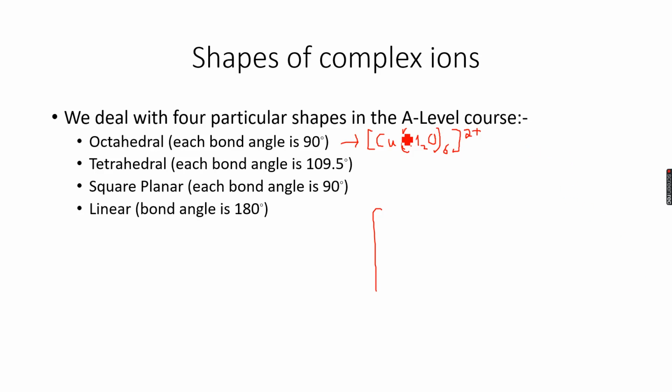So this is a condensed form of the structure I made earlier. So I'm going to make that structure again. These are my square brackets. I have my Cu central metal ion, and I have a 2+ charge over here,